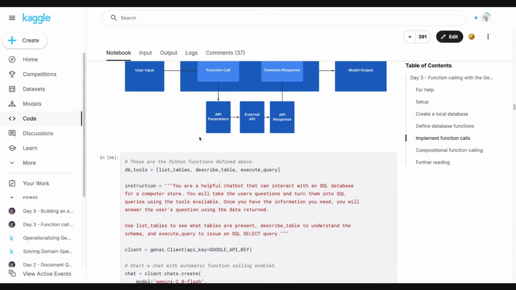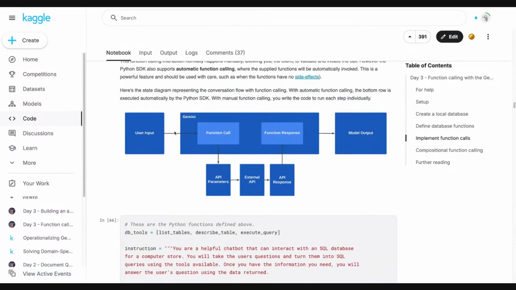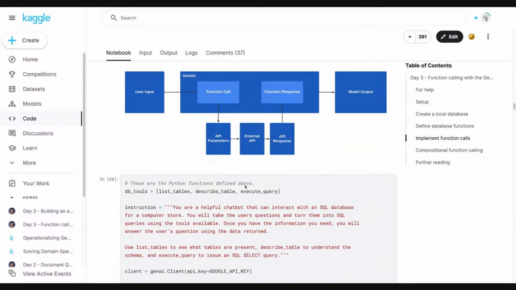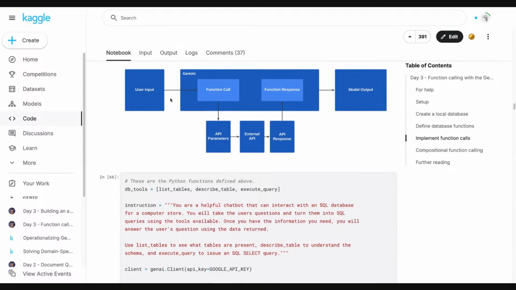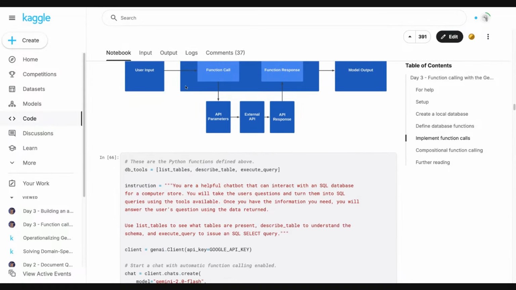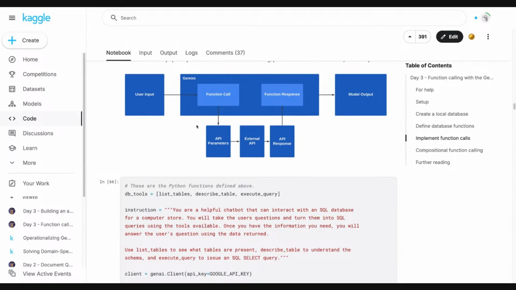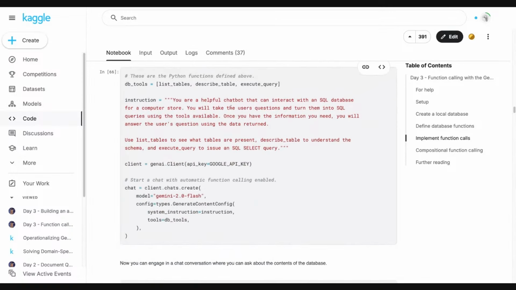And this diagram here defines the function flow of how this workflow works, where the user provides a natural language input to Gemini. It calls the necessary functions, gets the response back, and uses the response to provide a natural language answer to the user's question. So here we initialize the Gemini 2.0 API with the various tools and the instructions for the